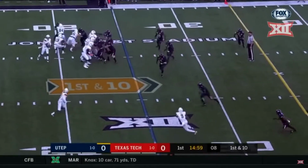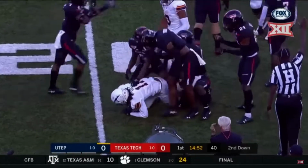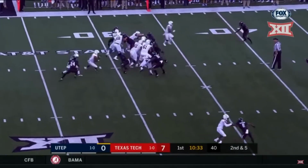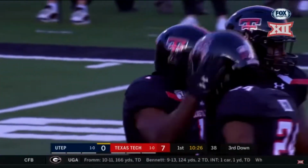A team in Texas Tech that is coming in here with a 2-0 record, and a team that we know with the air raid style offense can move the football. But I think I'm going to start out with what impressed me most, this team's defense. They play defense the way that I would like to see U of A play defense. Yeah, they attack, and they take risks, which I really like that they do, and we have to be prepared for that. And I think if they take a lot of risks, that could be an opportunity for Khalil Tate